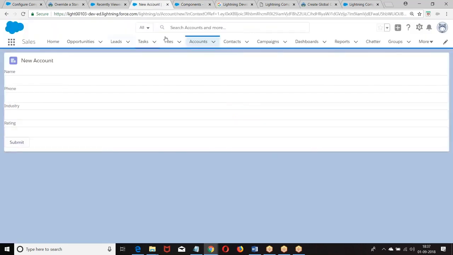I'll do an example in coming classes. So this is simply replacing the component. If you want any action to be displayed here, how do you display? These are actions of the card. Set actions. This is set title. This is set footer. Now you can define whatever logic you want. I hope you are good with this. So what was this? Overriding the standard action or creating a custom functionality on standard pages.